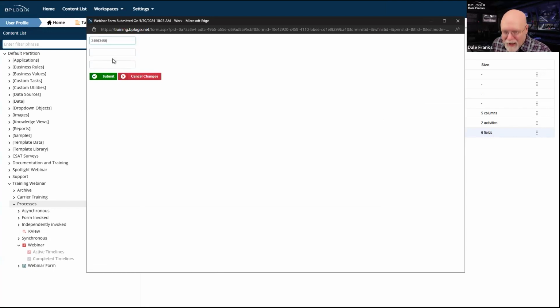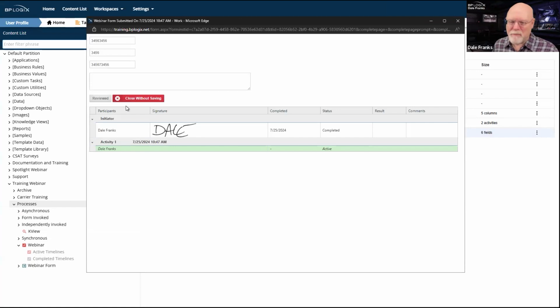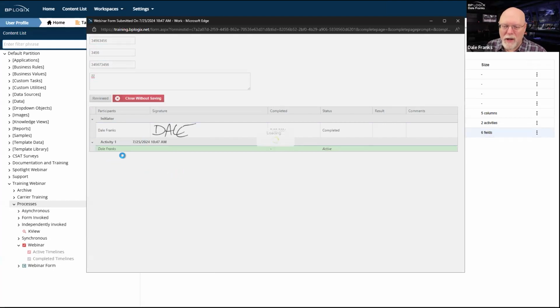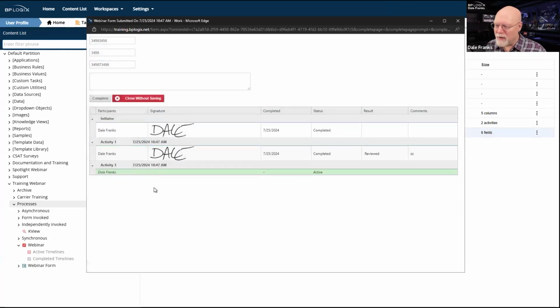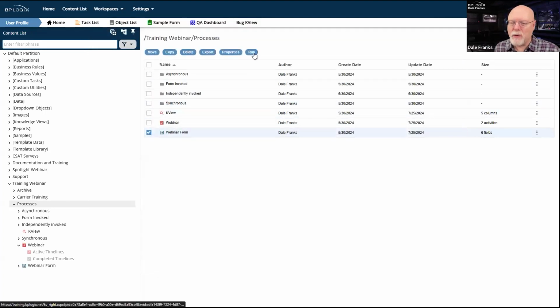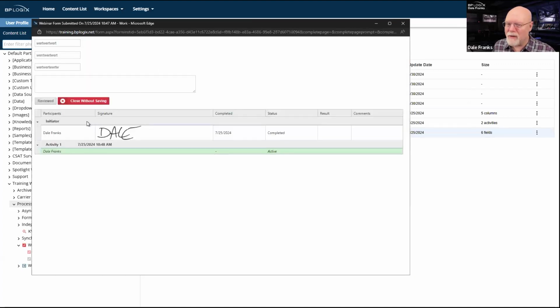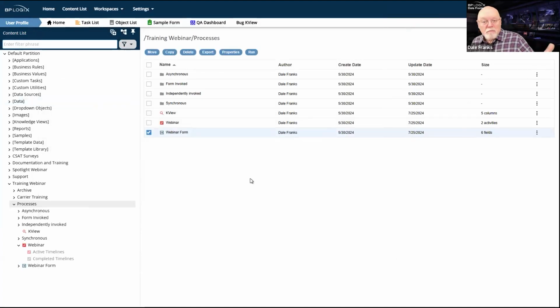Okay. I keep hitting a function button, which keeps reloading the form. So let's submit that. Okay, great. By the way, let's review our form in activity 1, and it should toss me now into activity 3. So we know that that's working fine. And now I've got these new values here. And in fact, let's run it one more time. And let's submit that one, and we'll just keep it in activity 1. We're fine. We'll just close that without saving. Okay, great.